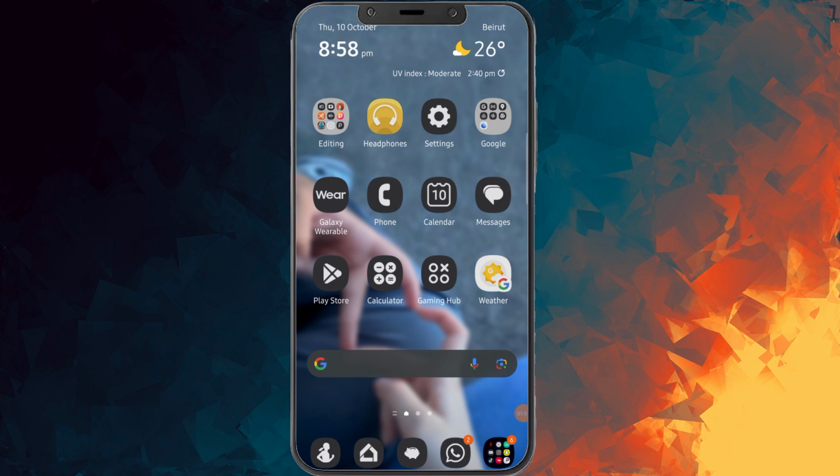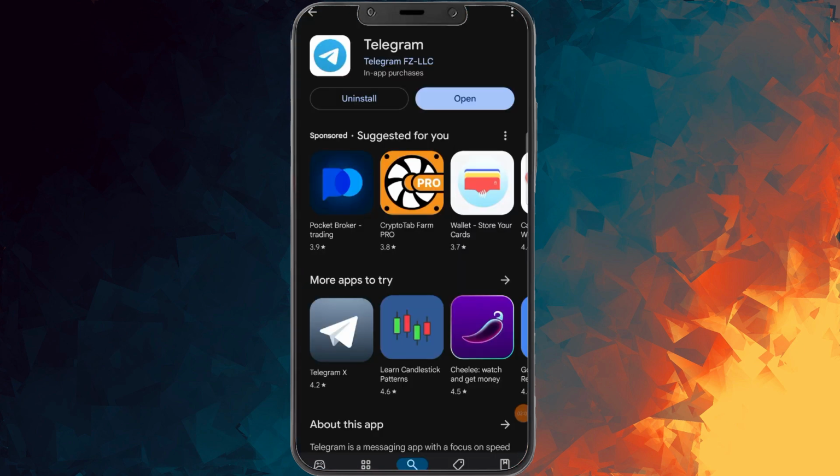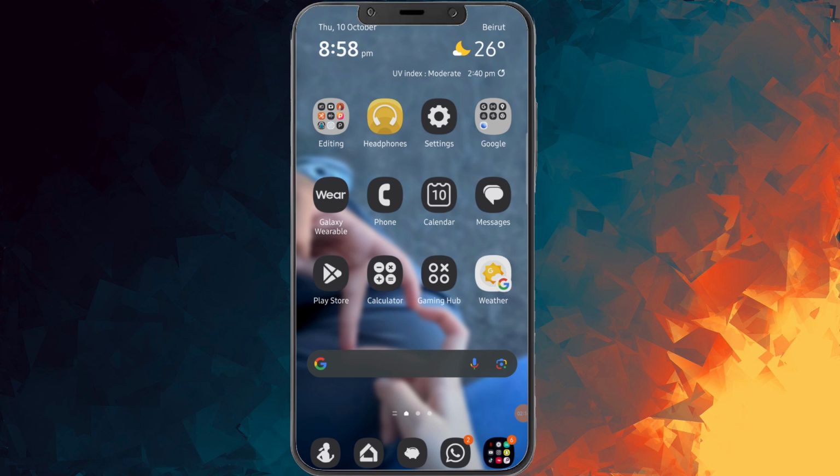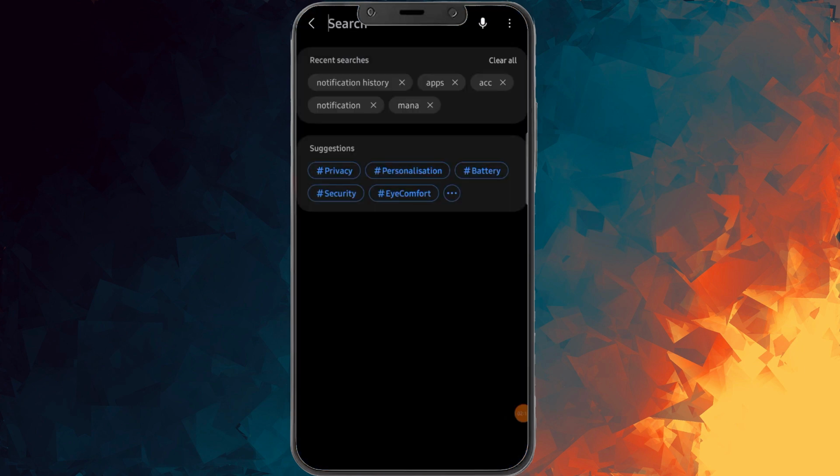The first one is you want to check your internet connection. If all is fine, you want to go to the Play Store, then check if there's any updates. If your app is still updated to date, you want to go to your settings, then search for apps,